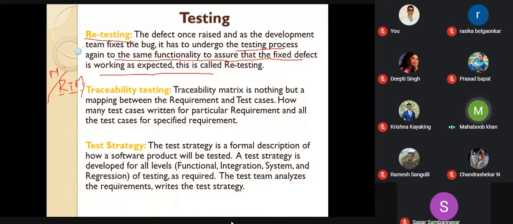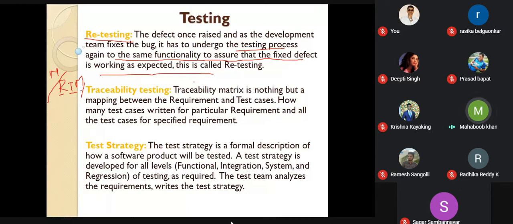Try to understand the synonyms for this, so if the interviewer asks you what is a matrix, you should consider that he is asking about the requirement traceability matrix. Or when he asks what is traceability testing, he is asking you about the requirement traceability matrix, guys. So this is one of the important interview questions.